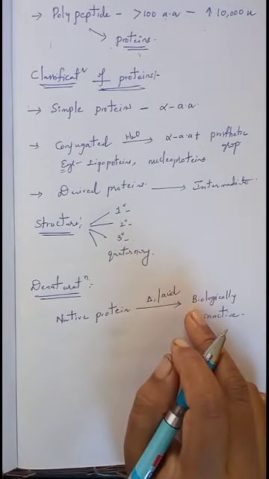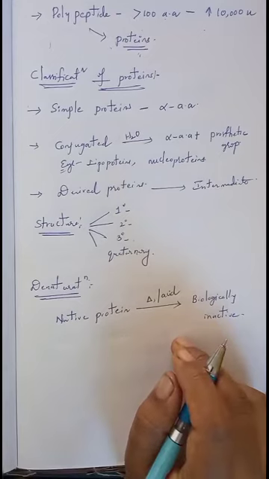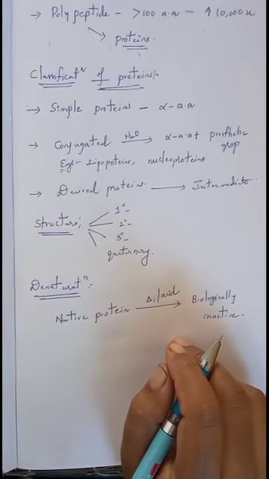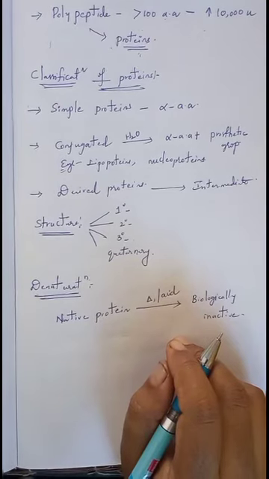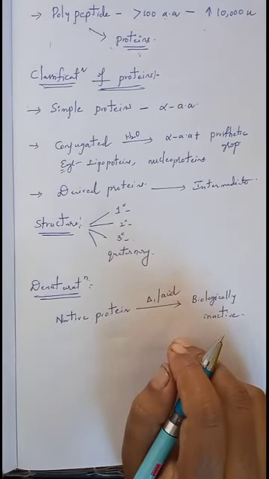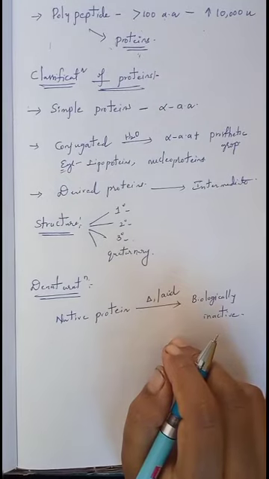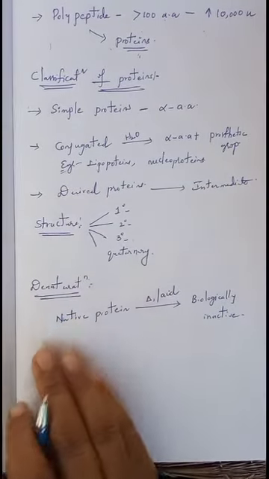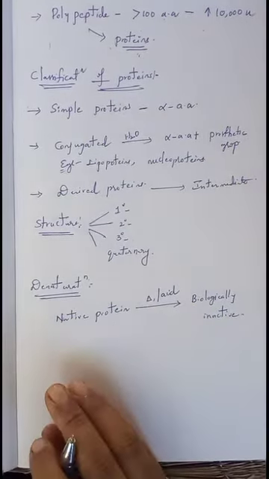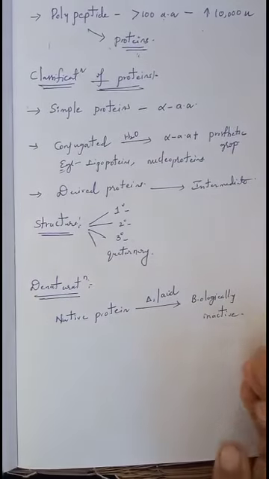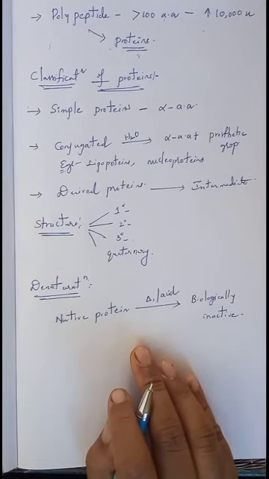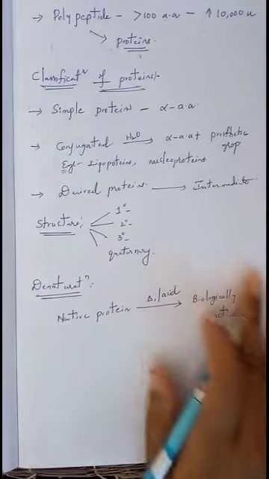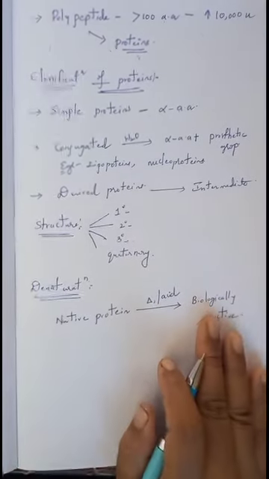For example, coagulation of egg. Egg white on boiling is taken as an example of denaturation. Understand? Like that we will take different examples for denaturation. Denaturation is the conversion of a native protein or biologically active protein into a biologically inactive state by treating it with an acid or heating. That type of process is called denaturation of protein. So that is about the proteins and amino acids.